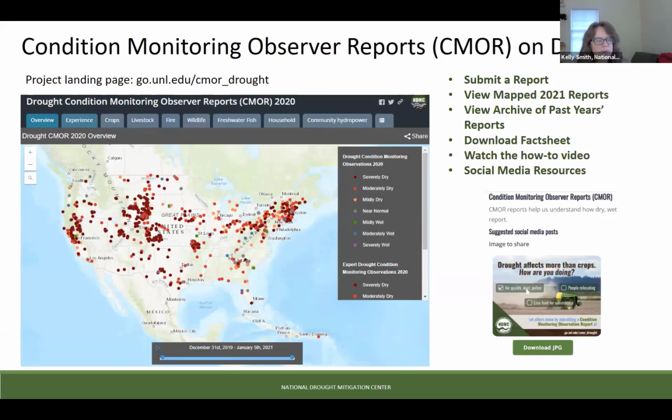Okay, so the condition monitoring observer reports are a current effort. They're pretty new. It's been going since 2018, and we're still figuring out how best to protect people's privacy and gather the information that we need. It's a very active, ongoing project. If you would like to encourage people to submit reports about what they're seeing related to drought, please do. Send them to